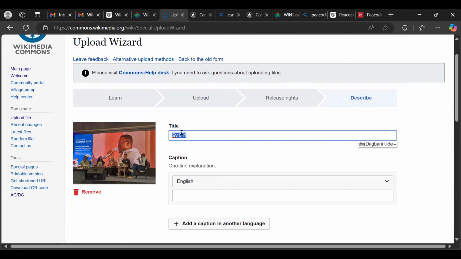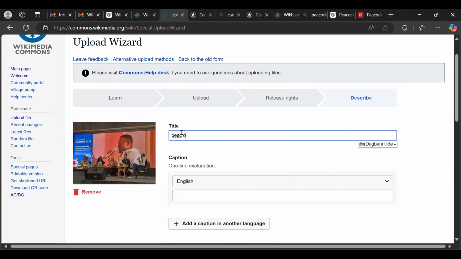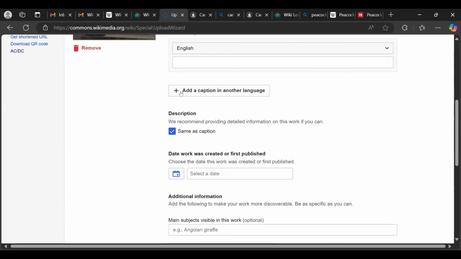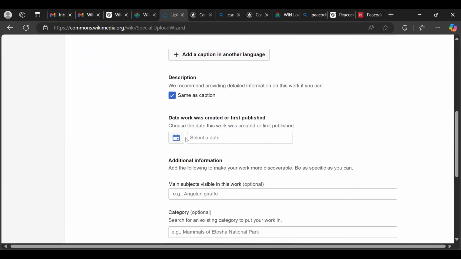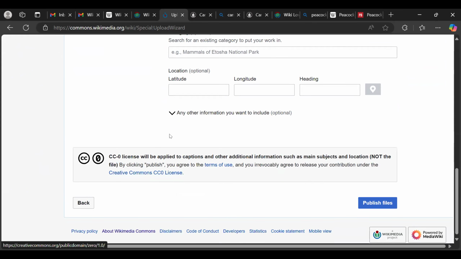The title is case sensitive, so just describe it. If you type it and maybe the picture already exists, because Wikimedia Commons has millions of files, you can put peacock dance, for example, and it will already be there. So you just add 0 to it or something to differentiate the name of the file, because it's case sensitive. And then the description and the date, you add the date by clicking on this calendar. That's just it. Then you click on publish, as simple as that.